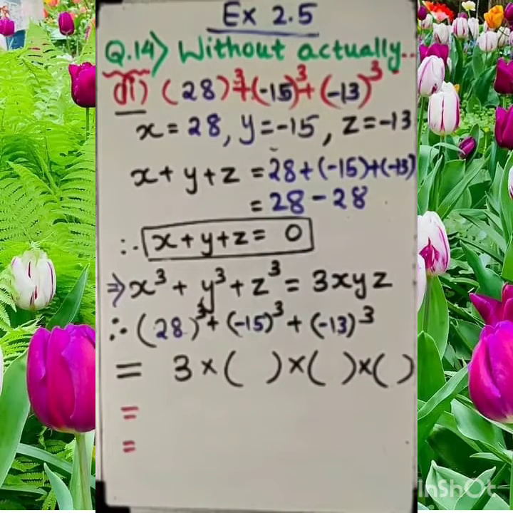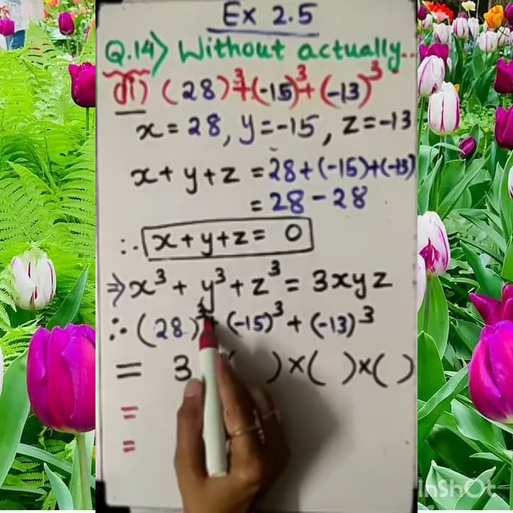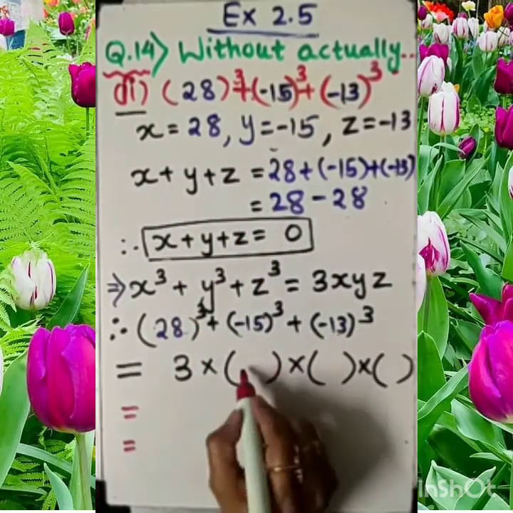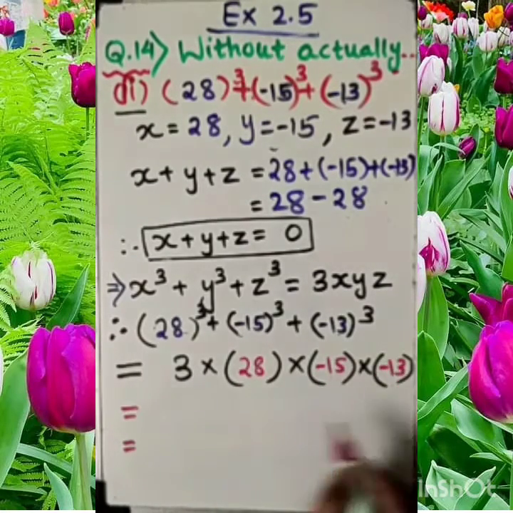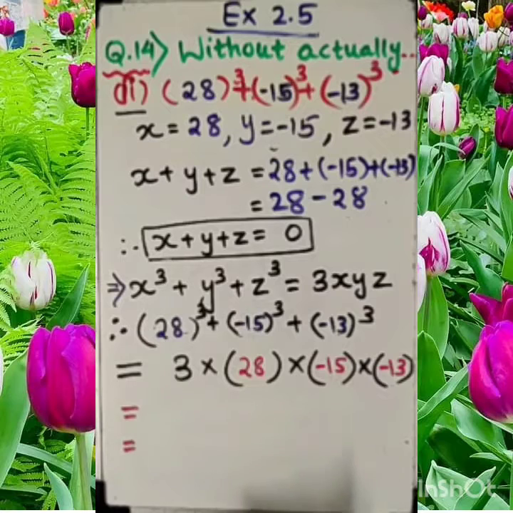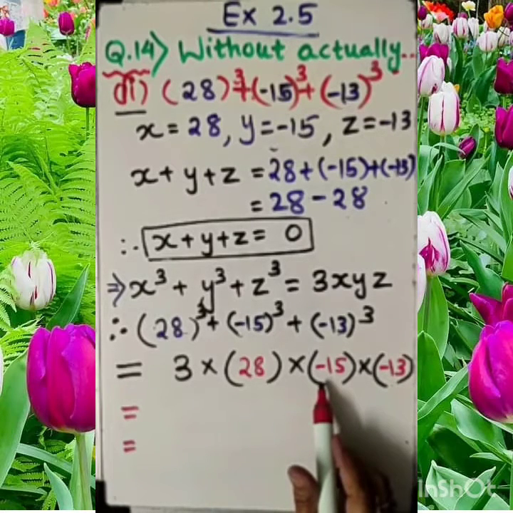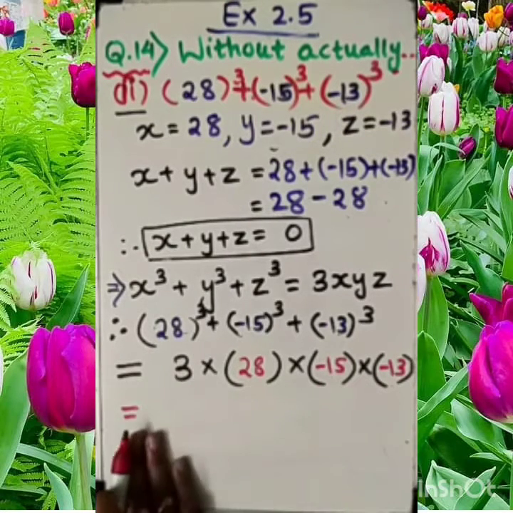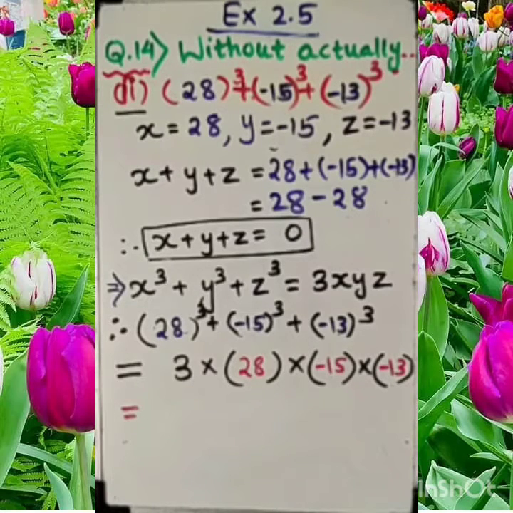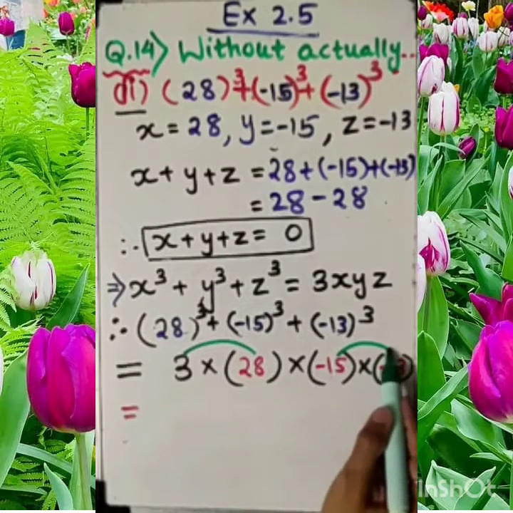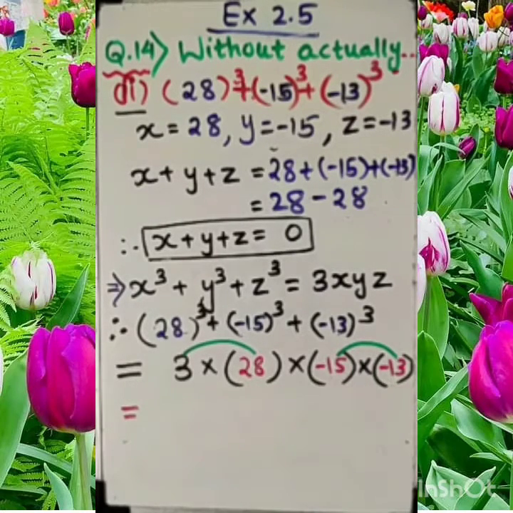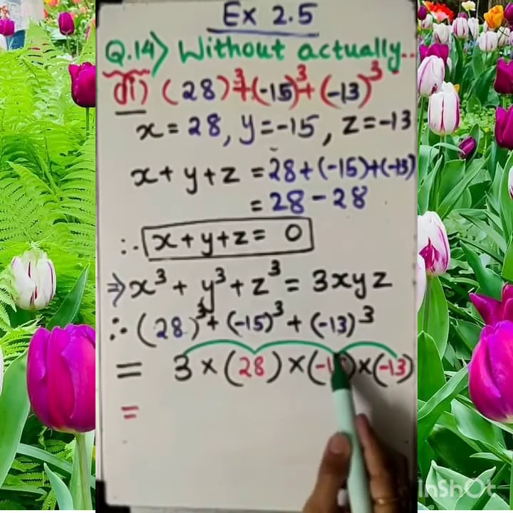So, my dear student, here again I am explaining. This is 28 the first term, then minus 15, minus 13. So here, first term x is 28, minus 15 and minus 13. Dear student, we need to multiply. But here you can see minus minus will be plus. Minus minus will be plus, so the answer will come in plus. So, let's multiply it in a rough column. Let's start with 3 into 28, first you do that, and 15 into 13. Minus minus is already plus, and then multiply all four terms.